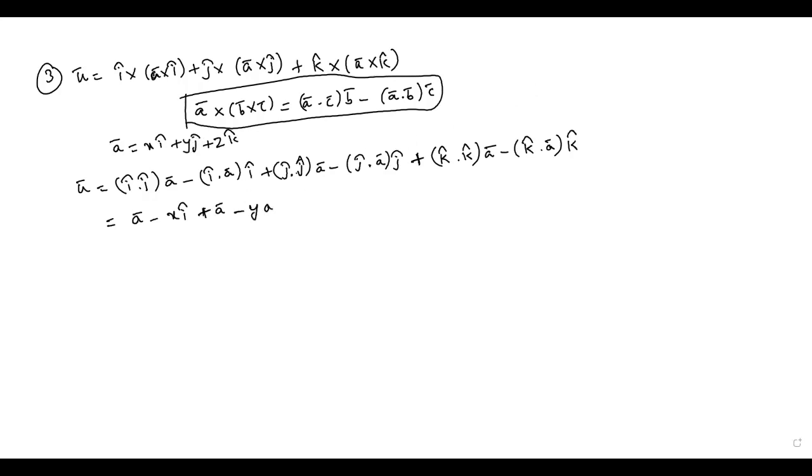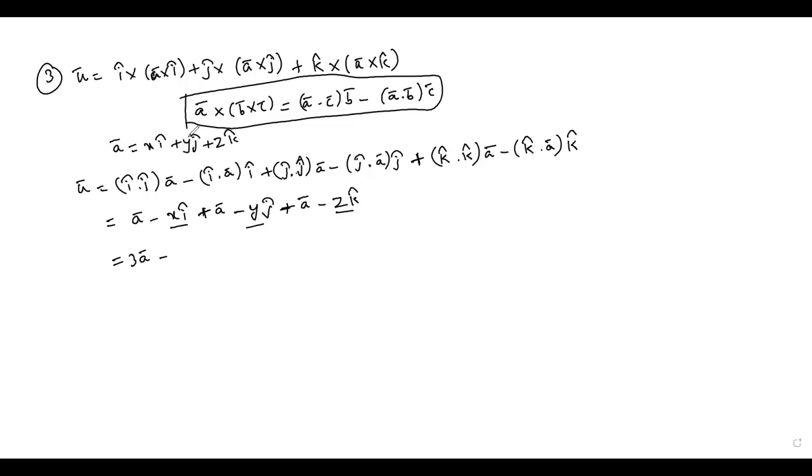J cap. Now outside, J cap is there. This is the value. Next, A dot A, that is 1 into A bar. K dot A means what is the K cap coefficient Z, that is minus Z K cap. Now how many A bars are there? First 3 A bar minus Xi minus Yj minus Zk.